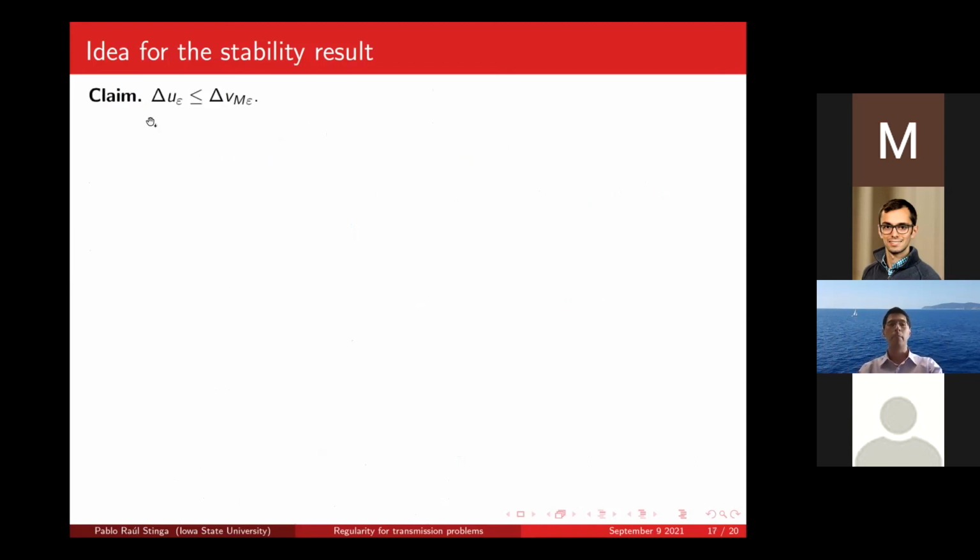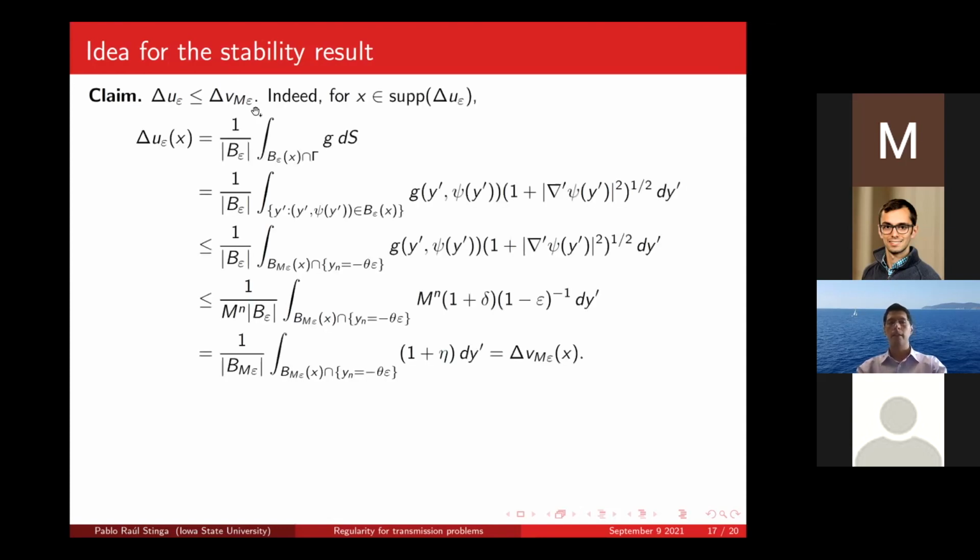And I can prove that the Laplacian of U epsilon is less than the Laplacian of V m epsilon, the average. And so what is the Laplacian of U epsilon? Whenever you pick up some mass, this is what it is. Now I write down using the parametrization, because gamma is a C^{1,alpha} interface, so this is the differential of area, and I evaluate G on the interface. And now I increase, G is not negative, right, it's close to 1.